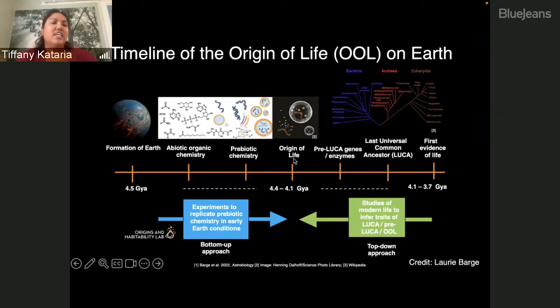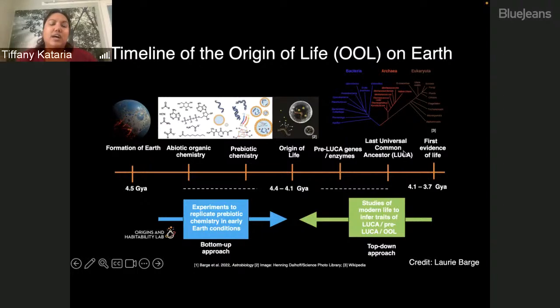It's a process that takes you from the formation of the Earth to the first evidence of life. And backtracking a little bit, I want to also point out the last universal common ancestor, or LUCA, which some of you might have heard of. It's called the root in the tree of life. And so origin of life is really the beginning of life, whereas LUCA is the life as we know it. And so those two things are distinct. I want to point that out.